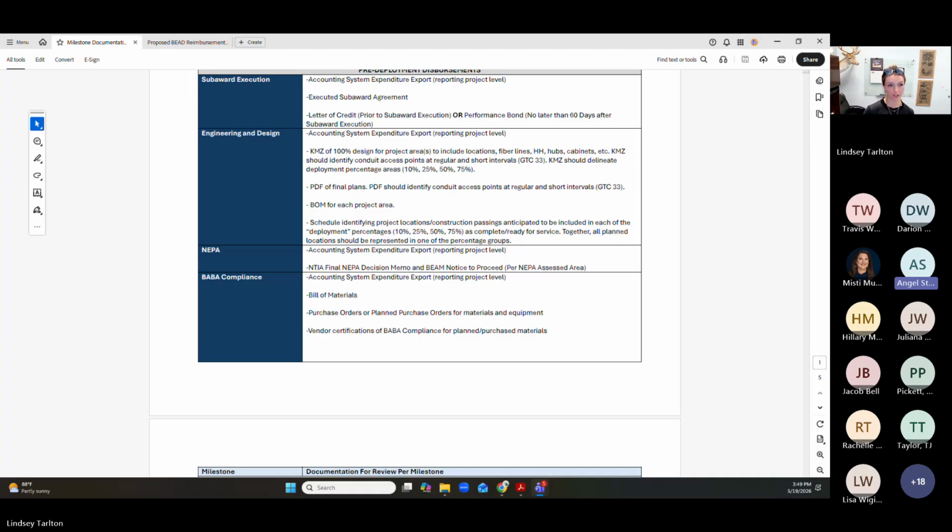What we will be asking you to do, just to help us in our documentation, is when you submit those construction milestones, also go ahead and attach again your notice to proceed that you received from our office, just so if OIG or someone else comes back to us in a couple of years and asks us to prove that you had received a notice to proceed for those BSLs that we paid for, we will have that documentation right there in your reimbursement request.